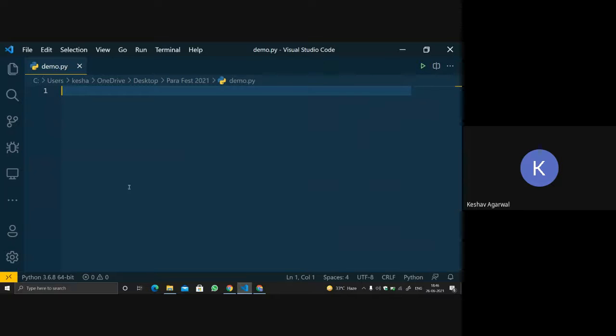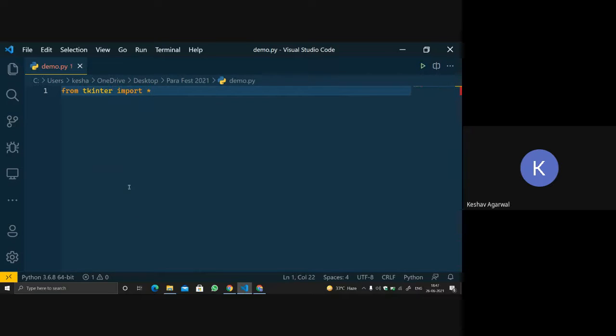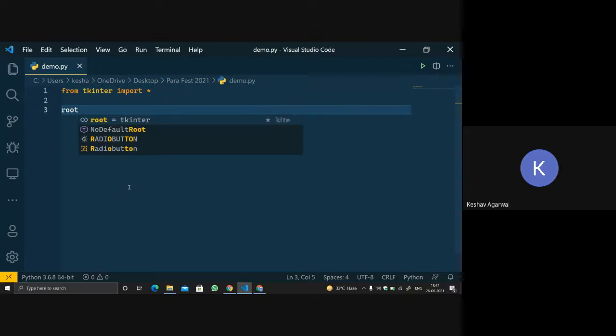First we will import tkinter: from tkinter import star. Star means we are importing everything inside tkinter. Now we will use root equals Tk(). Here we are creating an object of the class Tk.